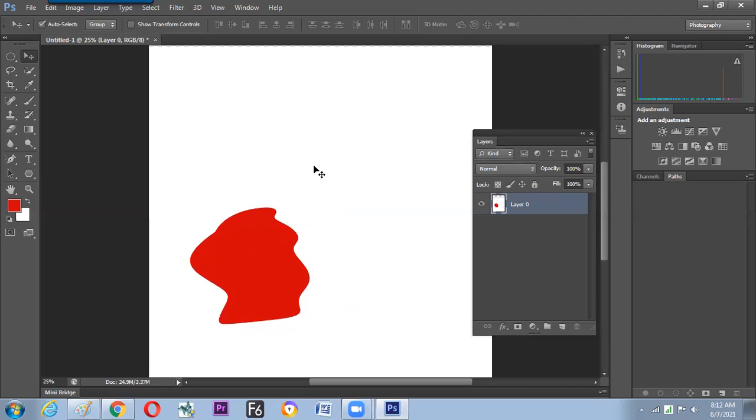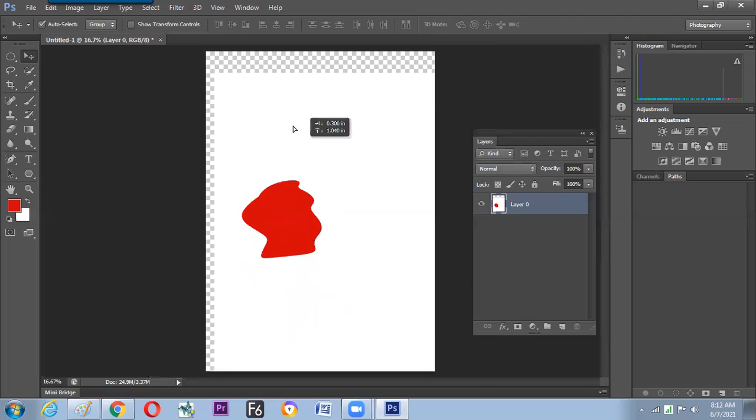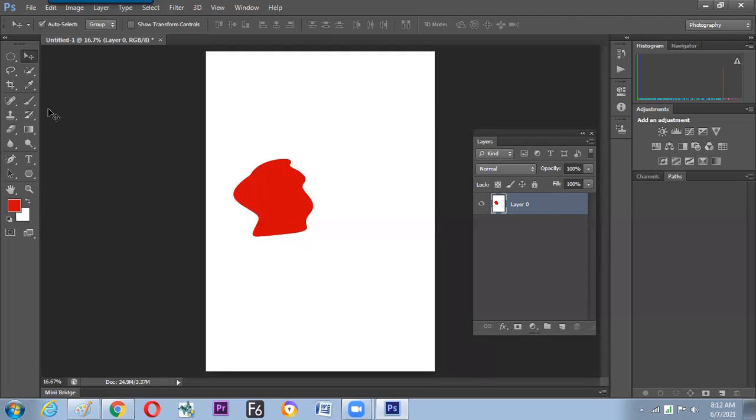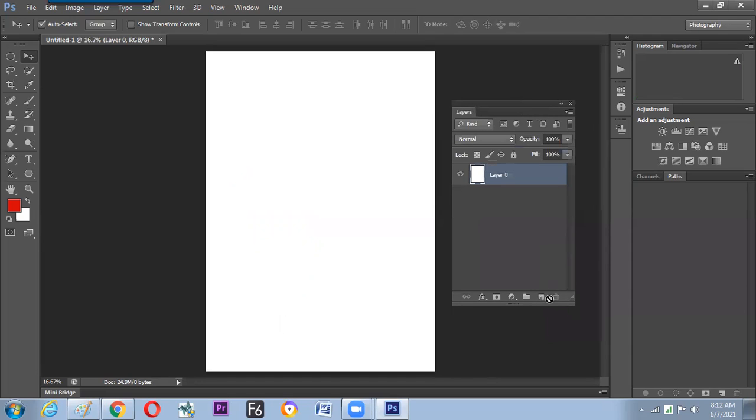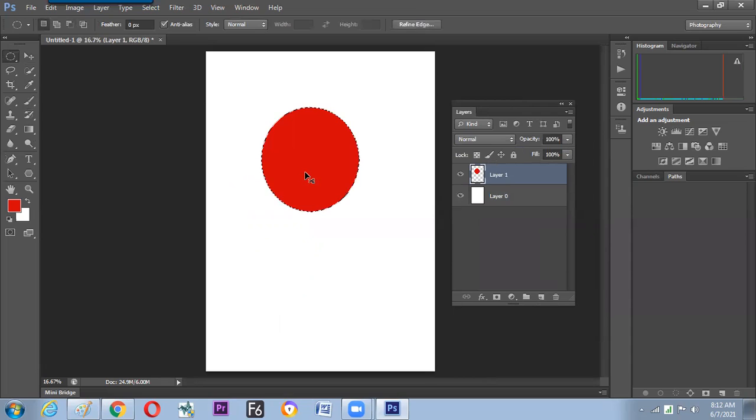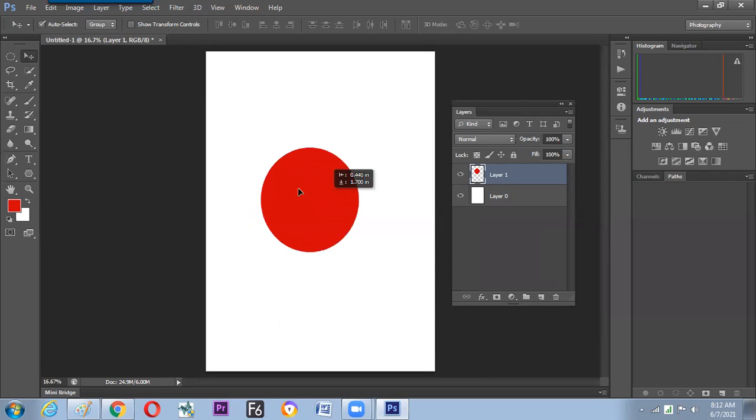So let us fill the color. You can fill the color with the help of Control Backspace. Now we can generate a new layer. So how to create a layer? There is a layer window. Here there is a button on the right down, the second button. It allows us to make the same object in a new layer, so that we can press Control D to deselect, take the move tool, and move it up. So here we can see how easily it moves. This is the benefit of making layers.